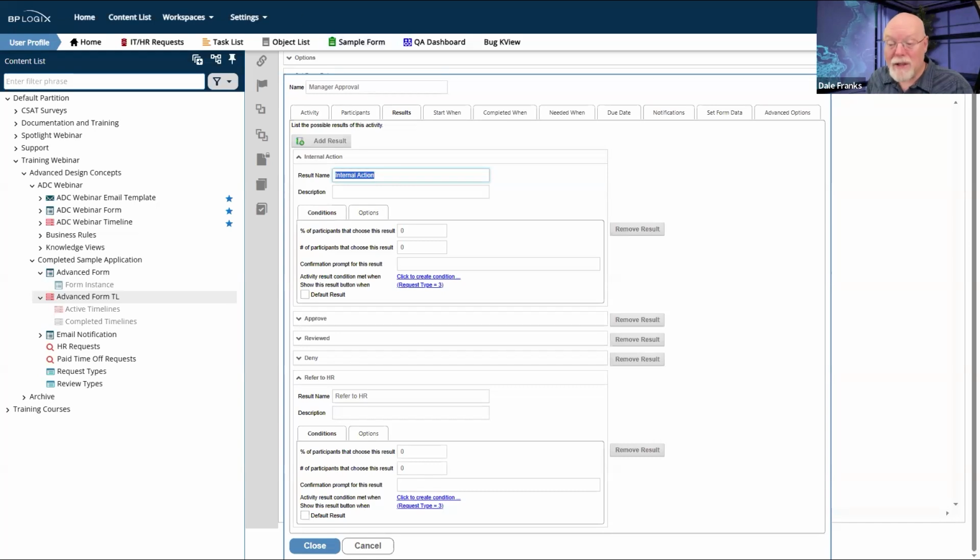However, maybe it is not something they can handle internally. Maybe there is some sort of harassment request or something or complaint that is going on. Well, I'm certainly going to want to tell the manager that there is a harassment complaint, but that's going to go to HR. So as the manager, it's not something I'm going to be able to handle through internal action, not usually.